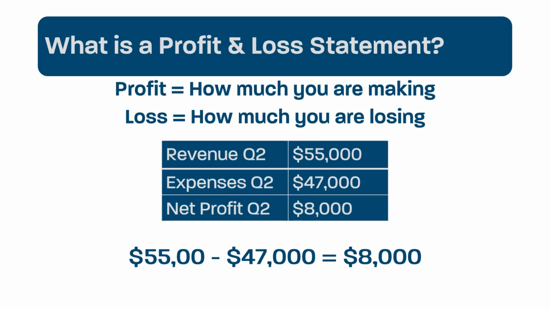In its most basic form, the profit and loss statement shows the profitability of the business for a set time period. The time period can be for the year, quarter, month, or even a day, whatever you need to understand. Profit is how much you are making from the business. Loss is how much you are losing on the business. You calculate the profit or loss by taking all the revenue, how much you took into the business in that period, and subtracting the expenses. The result is either a profit, when your revenue exceeds your expenses, or a loss, when your expenses exceed your